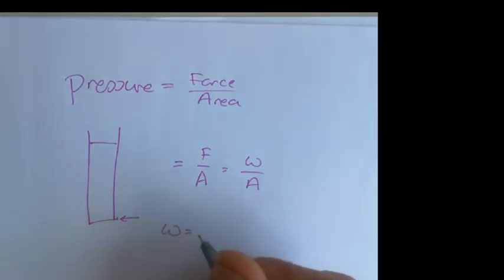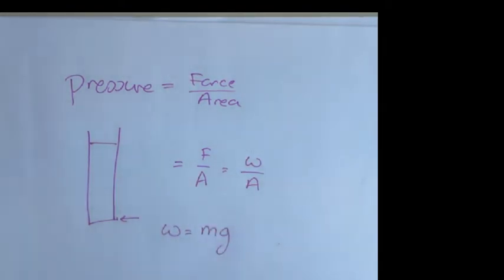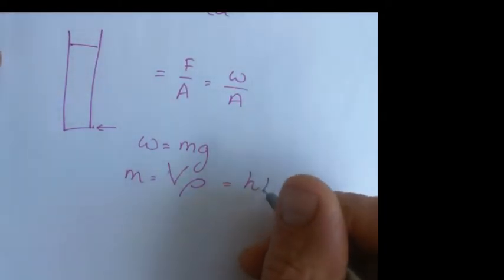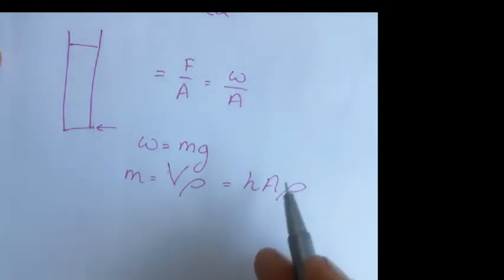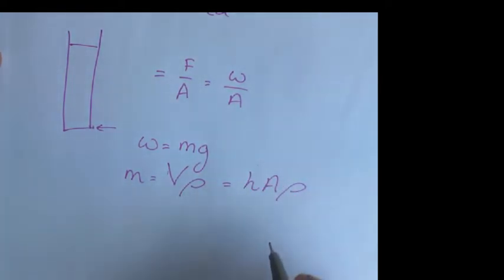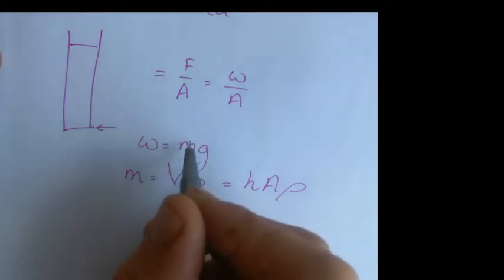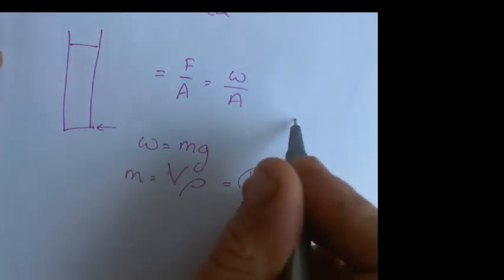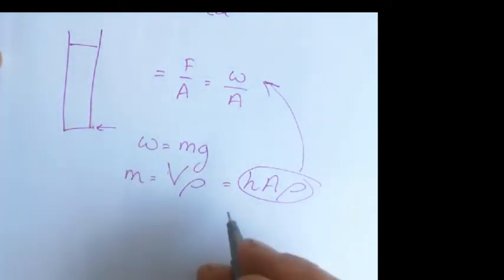We know that the weight is equal to mass times by gravity. Okay, and we know that mass is equal to the volume times by the water's density. And if you remember from density, we're going to continue to use that simple rho. And we know that that is going to be the height times by the area times by rho. Okay, which means that if I just substitute this back into this, that gives me